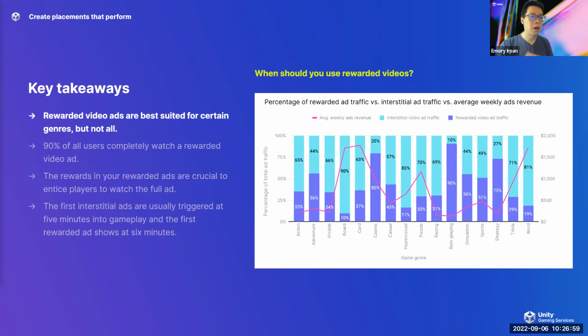These ads have a wide application across all genres of games, but we generally recommend them for the mid-core and hardcore genres like RPG and strategy titles who want to engage with ads. These games have players who are really less tolerant of unprompted interstitial ads, but these players are happy to engage with rewarded video ads that reward them with some kind of progression in exchange for their time.